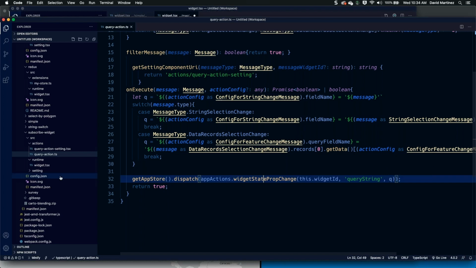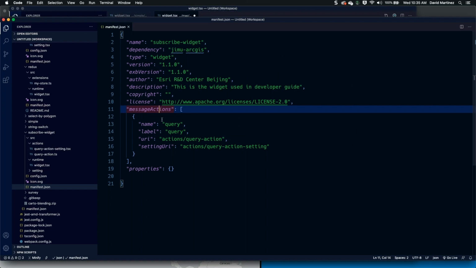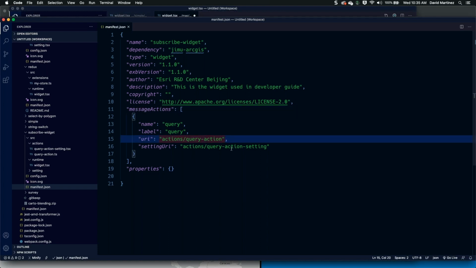And then the last step to do is in the manifest file, you need to declare for the widget that has the action, a messageActions property with the name and the location of the query action and the settings if it has one. So that's an example of how to develop a